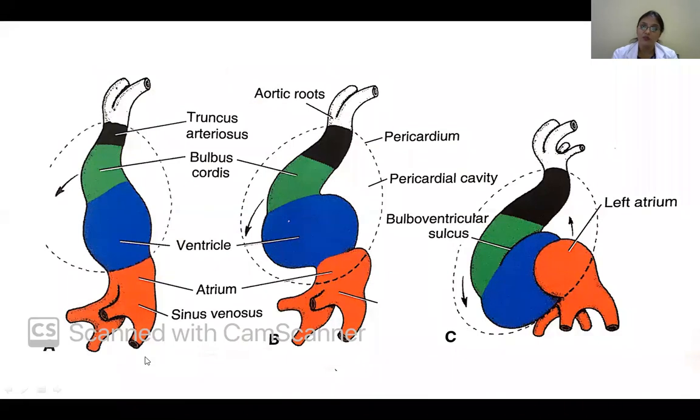So now this heart tube will not just remain like a cylinder. Rather, there are a series of expansions and constrictions. And we give these names. And then this will go on elongating. And that's why you can find this cardiac looping. Okay, so I'm just showing you this two-dimensional cardiac looping. So this is it.